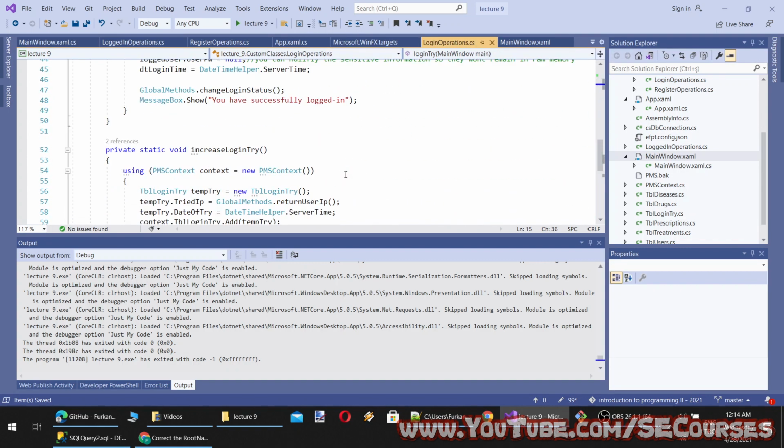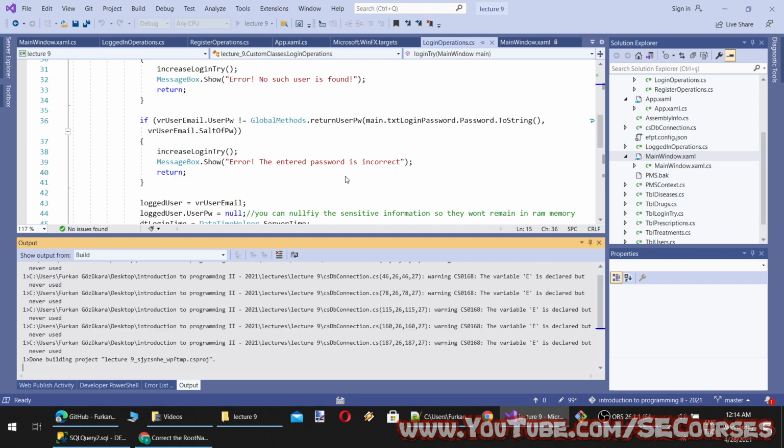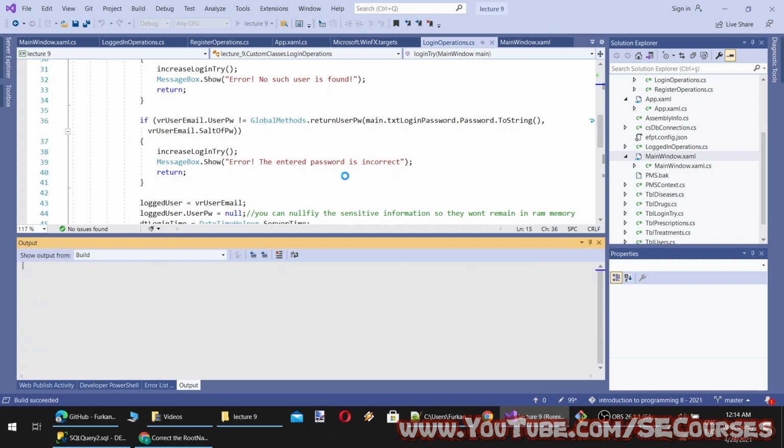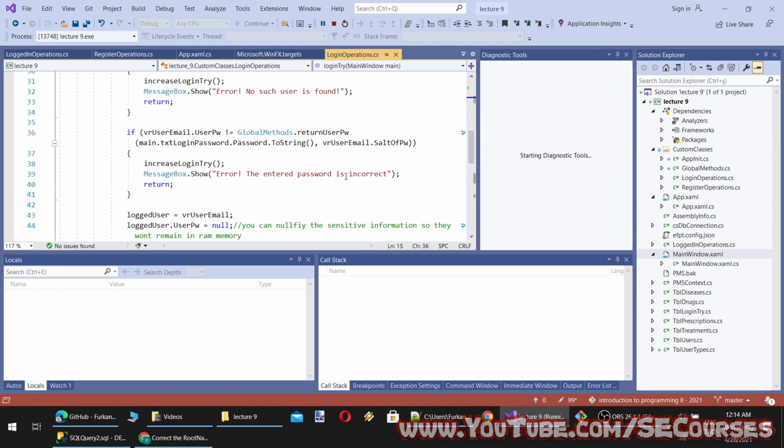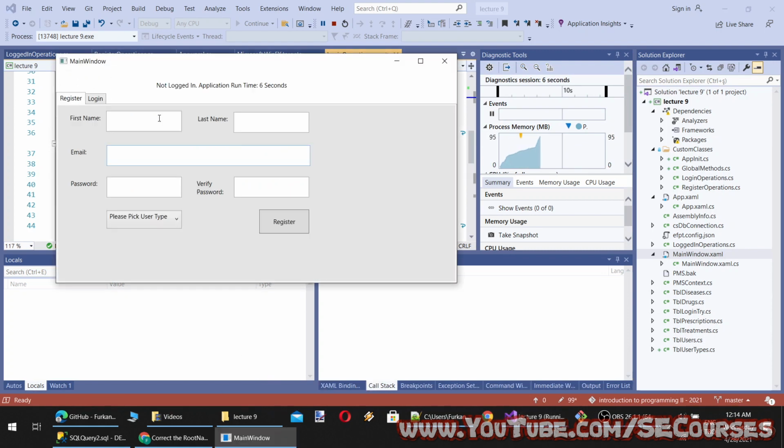Okay, so we are now able to register, and when we register as a patient, we don't see the drug stop. So let's register with a doctor authority. Okay, so Dr. 1 at gmail.com, 1 and doctor register.